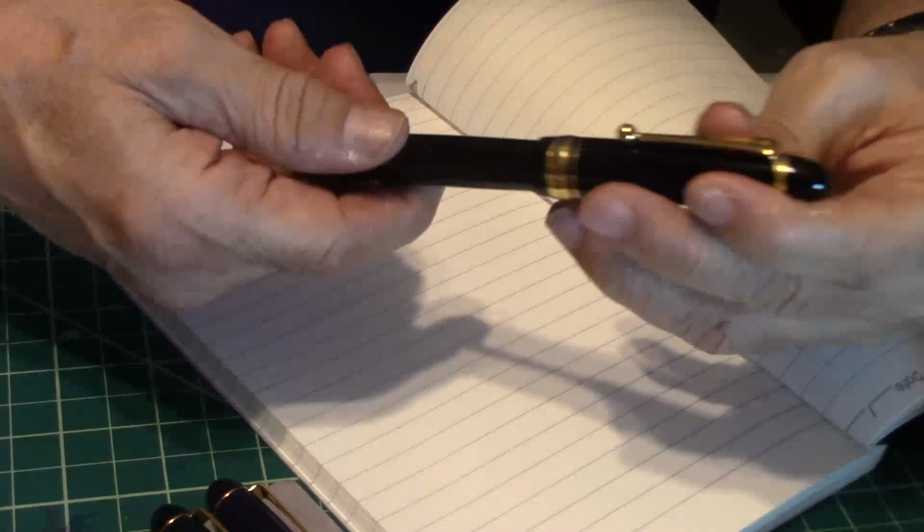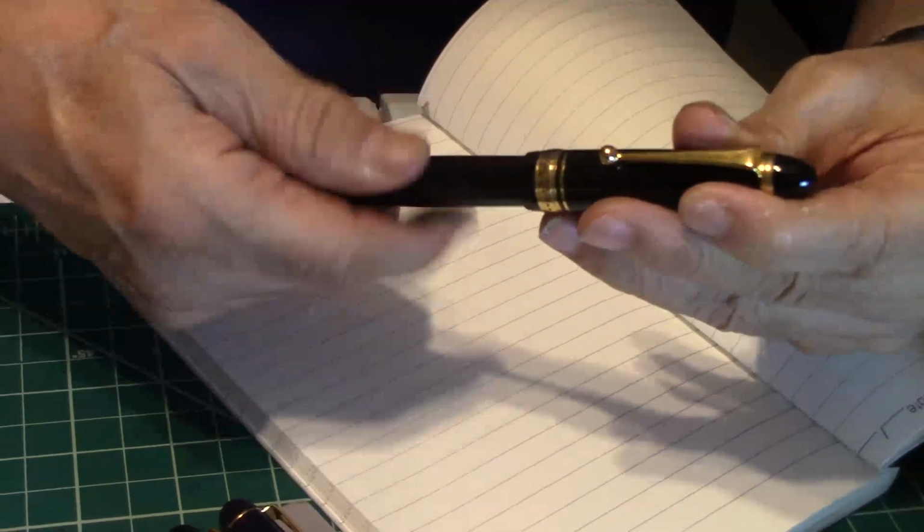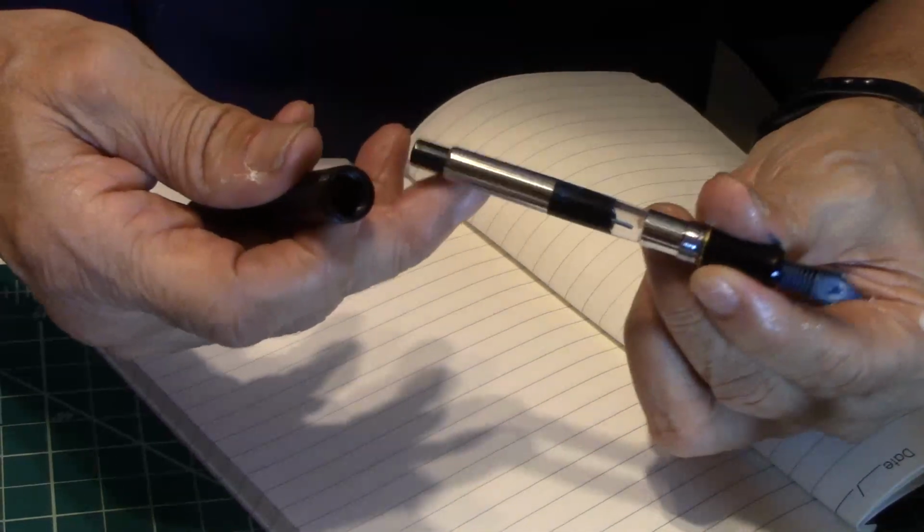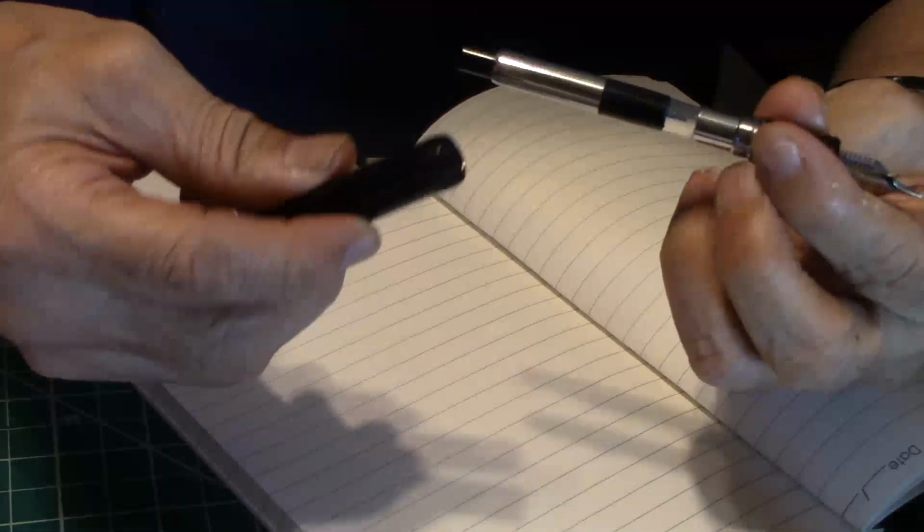But I think the pens that I'm going to talk to you about today, they all speak for themselves because of the nibs. So, twist off cap and twist off barrel. I do like the new filling system on here. Okay, the Con, I think it's the Con 40 they have. I have to look it up, but